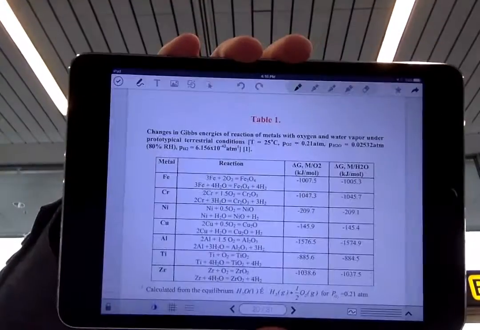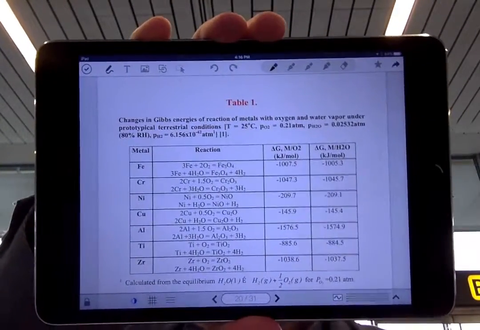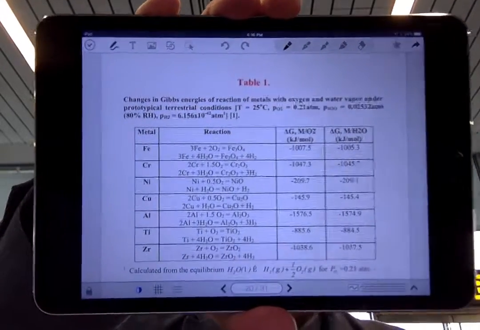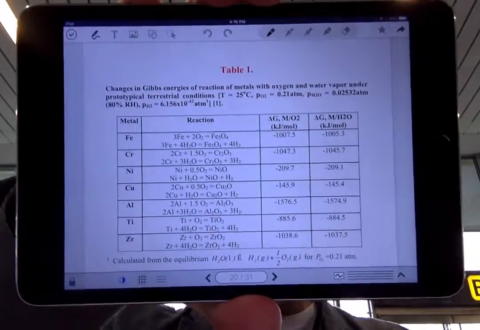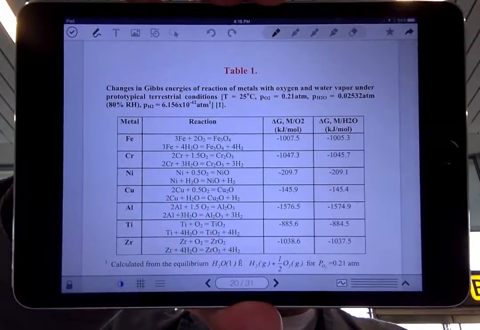So these reactions are all thermodynamically favorable. And because the delta G is so negative, you know that the equilibrium constant is very, very large. So in a lot of ways, just like combustion reactions, these electrochemical reactions have a high driving force to the products. And so we know that iron rusts, we know that other metals corrode,